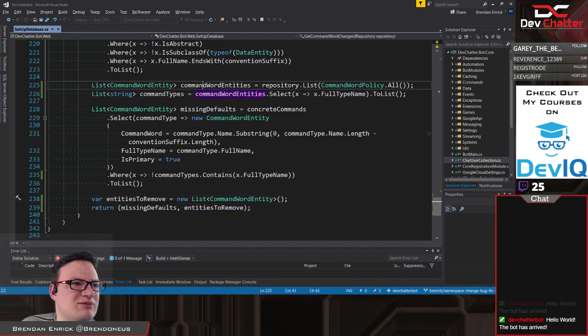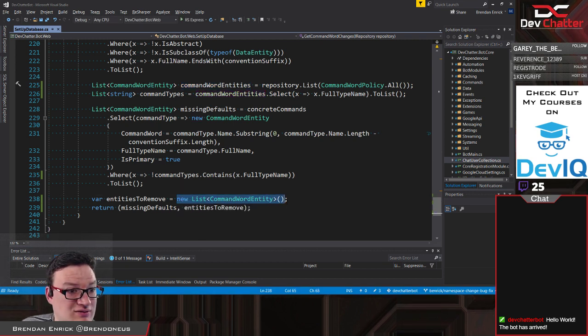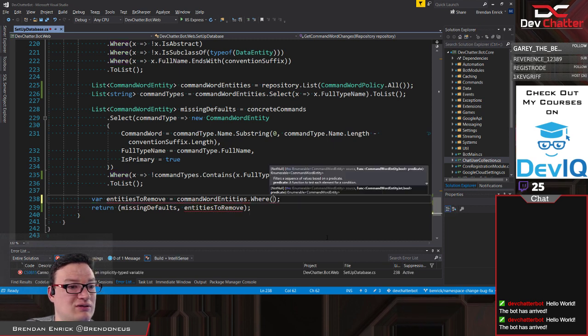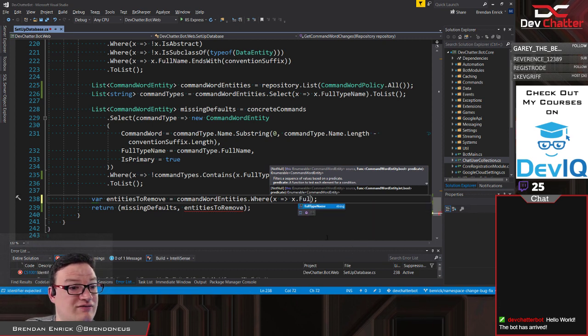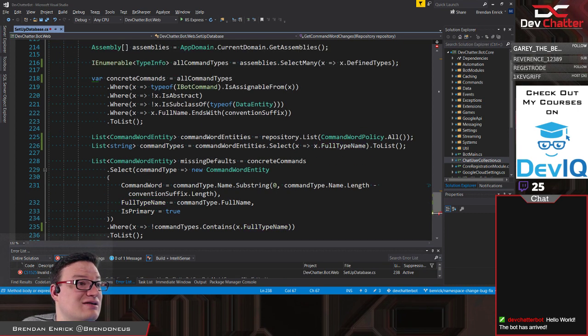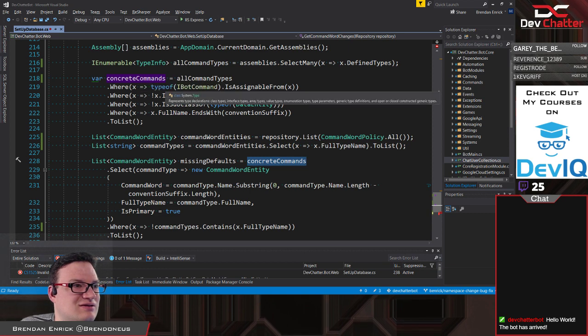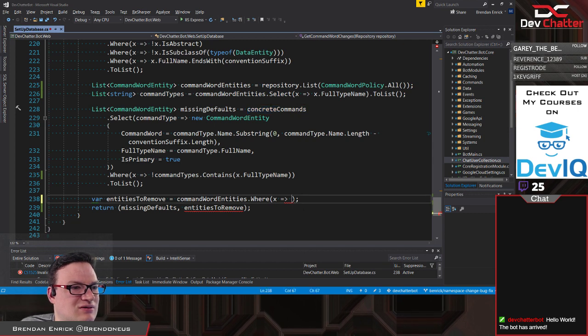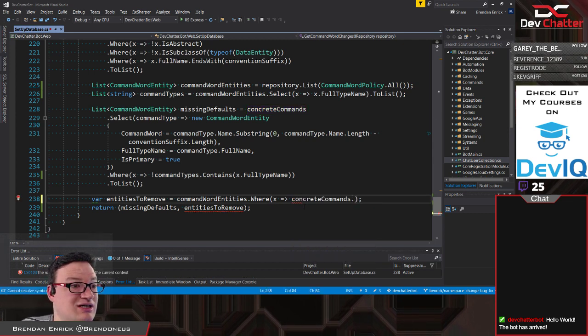This is going to be command word entities where the full type name, all command types, concrete commands, is these. Where concrete commands dot